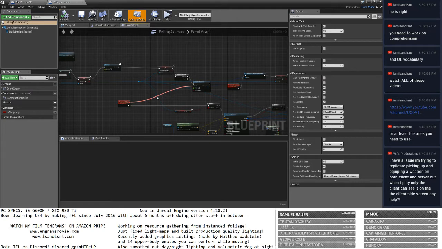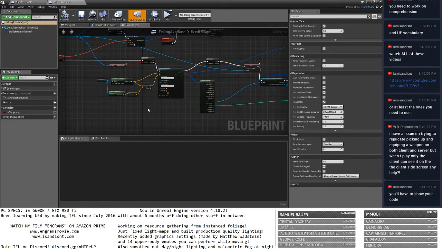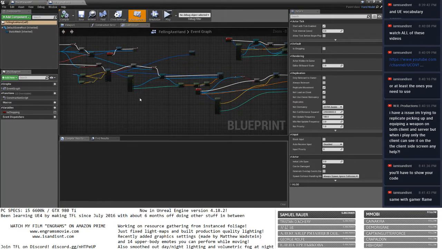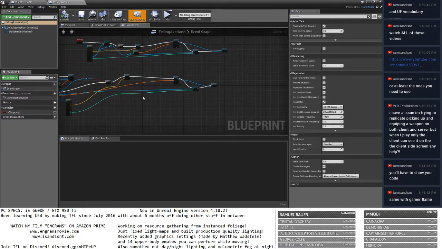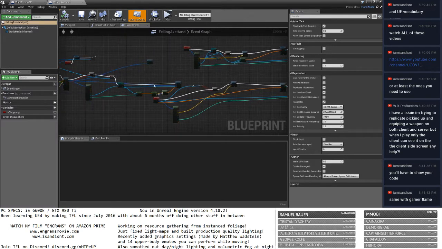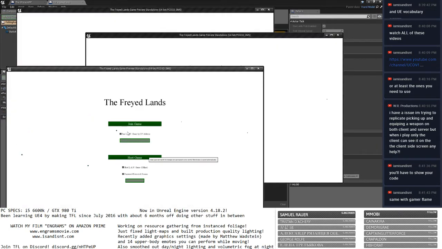Issue trying replicating, picking up, and equipping a weapon on both client and server. When I play, only client can see it on the client side screen. You'll have to explain a little bit more. So what is causing this? So everything works pretty well right now. It's just the...